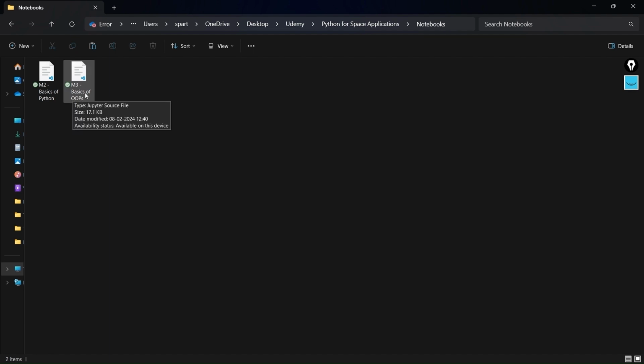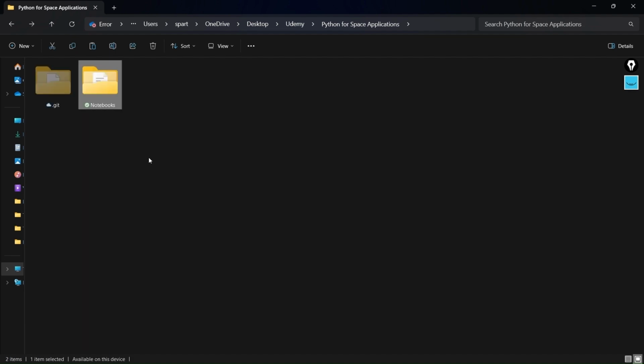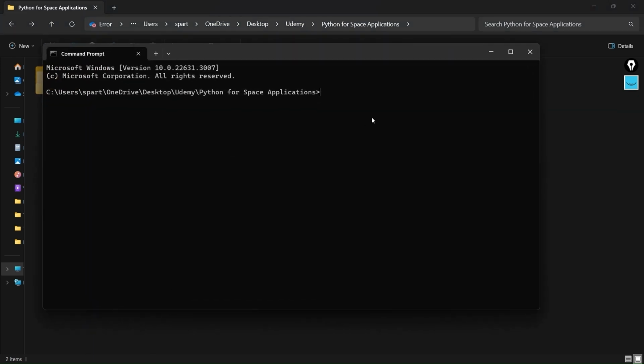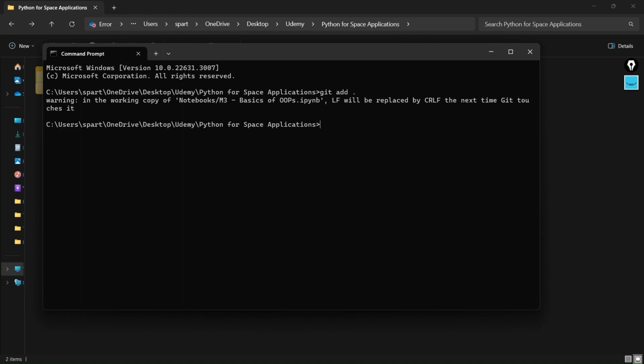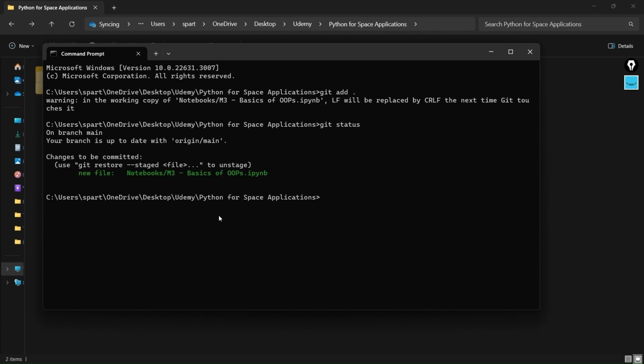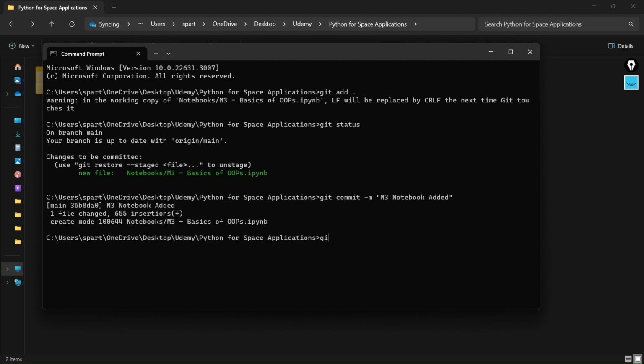I am going to rename it as basics of oops. Then I can go back over here. I'll come and say open in terminal and do git add dot, and over here don't really worry about this warning as of now. What you can do on top of this is to check the status. It says that new file has been added, and I'm going to do git commit with the message M3 notebook added. Press enter, and now I can simply do git push and press enter,